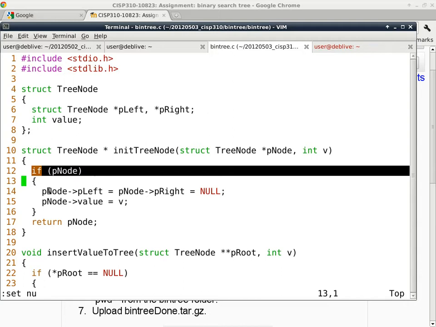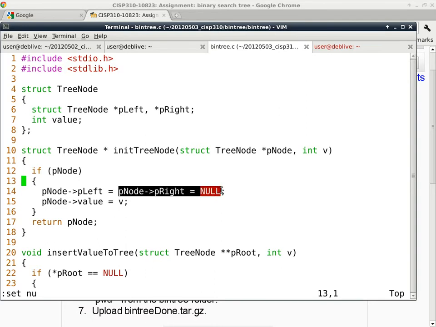With the rest, I think we have seen something like this in the previous example on Tuesday. So I think this part is basically just copy and paste, and then change a few names, and you're good to go. Any questions about init tree node? The initialization of a tree node. No questions? Okay. If there are no questions, we'll go to